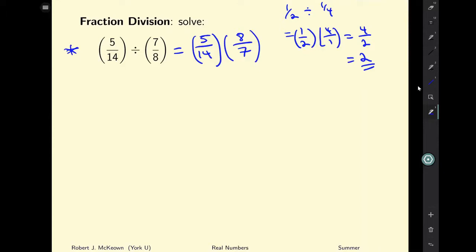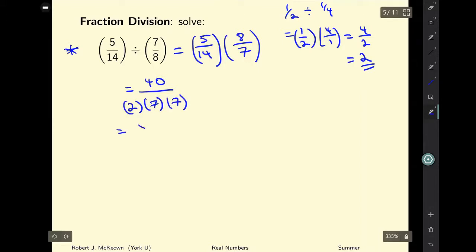How can I do this without a calculator? Well, you can sort of grind it through in your head. One little trick might be to do this. So 5 times 8, that's on the multiplication table. If it's on the multiplication table, I generally know what it is. So I know that that's going to be 40. Now the denominator is a little tricky because it's off the multiplication table, so I find it a little more challenging. Well, one thing I could do is rewrite this as 2 times 7, which is 14, times 7,